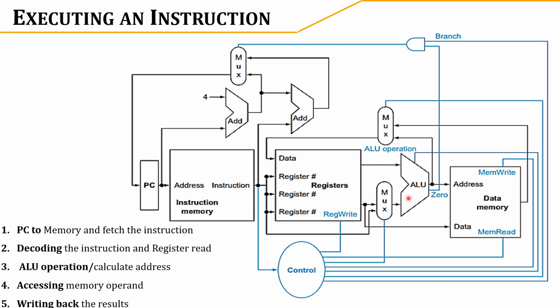That also depends upon the instruction class. The instruction class can be of three types: memory address instruction, arithmetic instruction, or branch instruction. In the case of a memory instruction, we need to calculate the address with the help of this ALU unit. If it is an arithmetic or logical instruction, we can perform the operation in the third step. And if it is a branch operation, we need to perform the comparison in the third step.